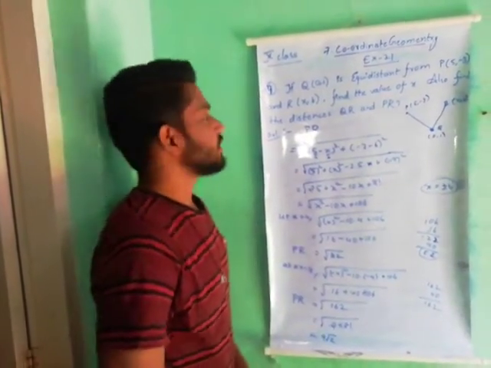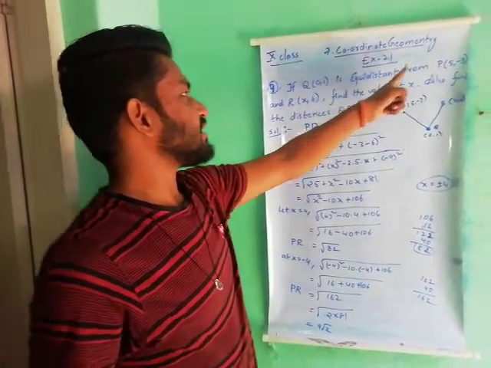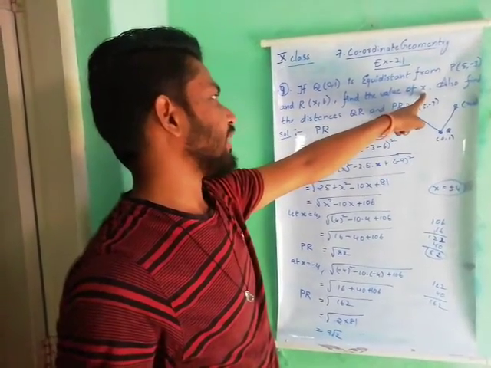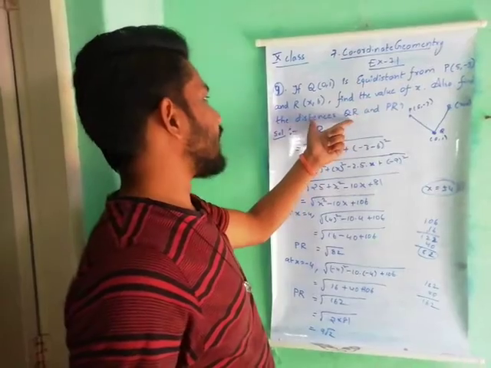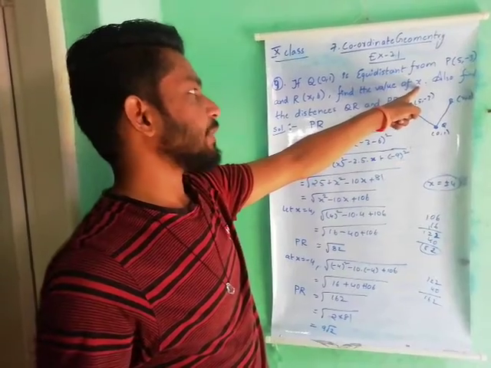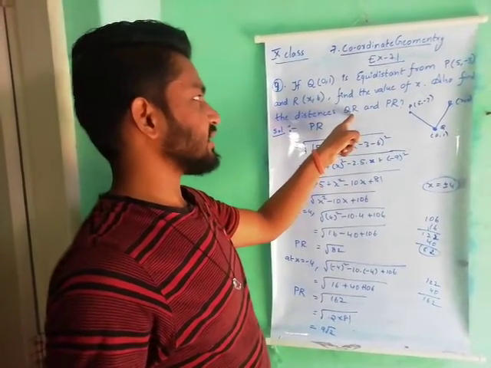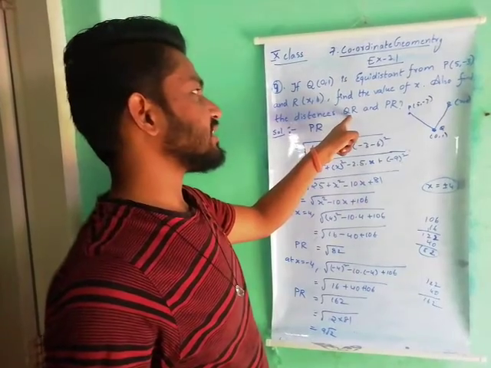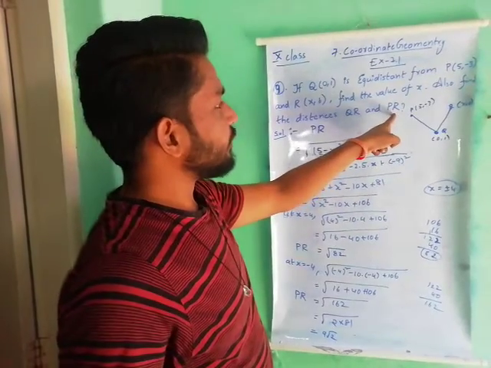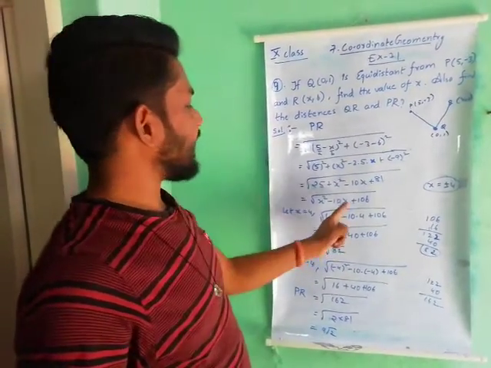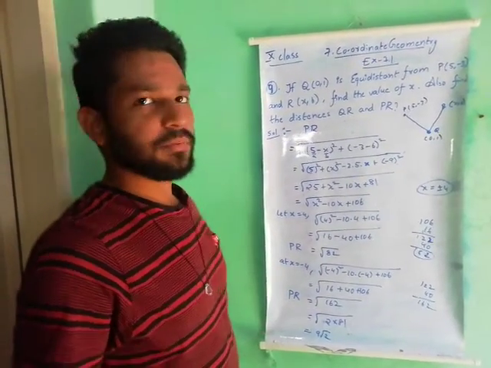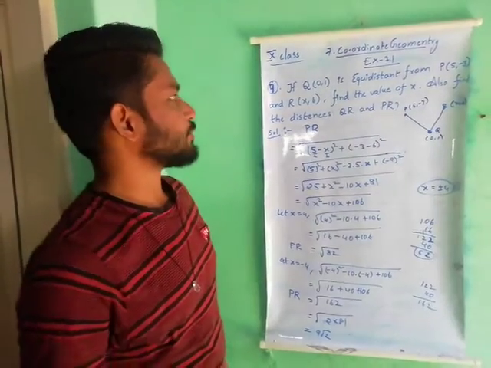Understand the logic? So first in this question, Q is equidistant from P and R. By using QP is equal to QR, I am finding the value of X. If we get the X value, here we have to find out the distances QR and PR. Here we are getting the X value plus or minus 4. We are finding the QR distance. What happened? X square term is there. If you put X is equal to plus 4 or minus 4, we are getting 69. But when we are finding the PR distance, here the X term is there. So that X is equal to 4, X is equal to minus 4. We are solving the problem. Understand? So next question we have to discuss.